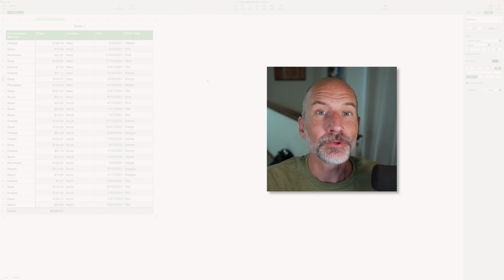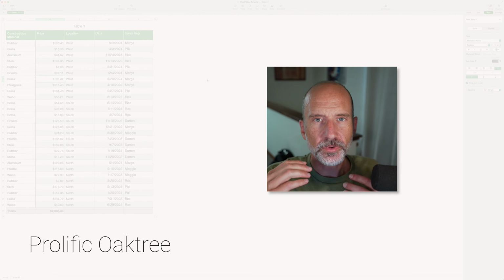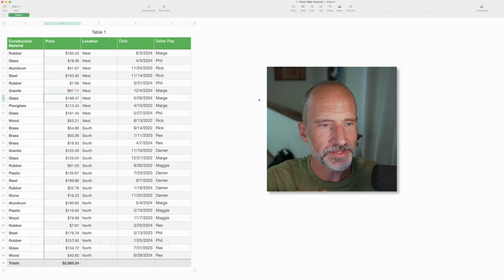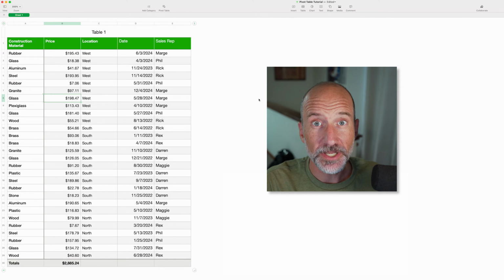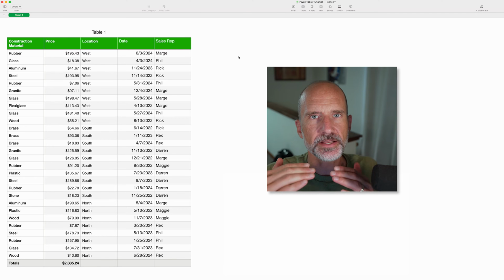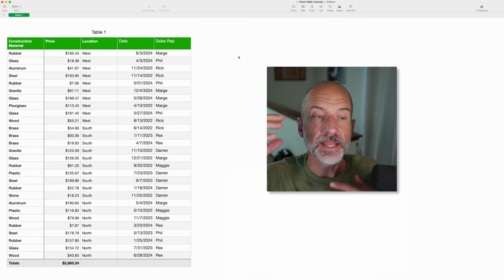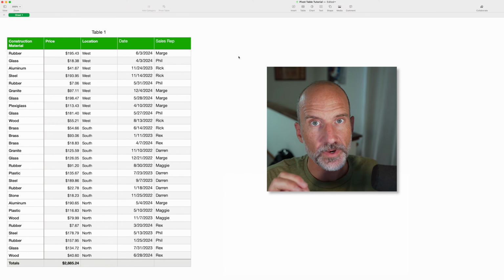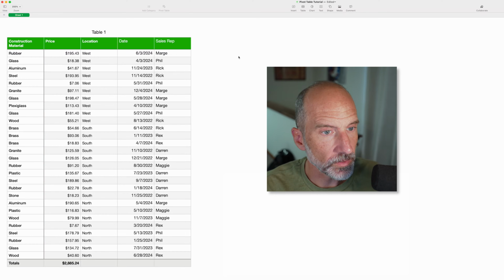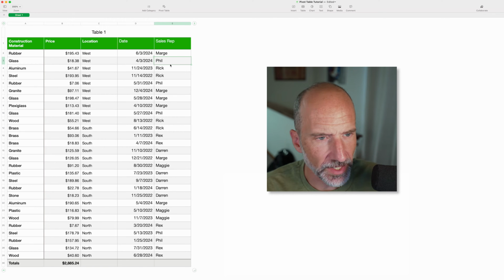All right, we're using Apple's Numbers spreadsheet, and we're going to be asking some questions about this table of data, and we're going to be using a pivot table to answer those questions. What it does is it takes a larger set of data and summarizes it in different ways with no formulas. So what we're going to do first, we'll look at this table and ensure that it's a good fit